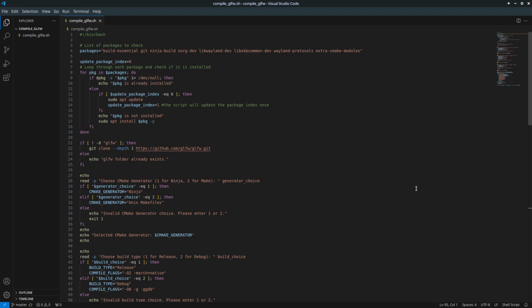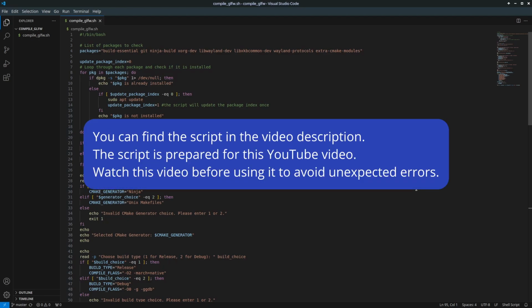Creating a window is one of the most crucial parts of developing a game engine. In other words, being able to compile the library you'll use to create a window is essential for having full control over it. I've written a batch script to automate this process and make it easier to explain.